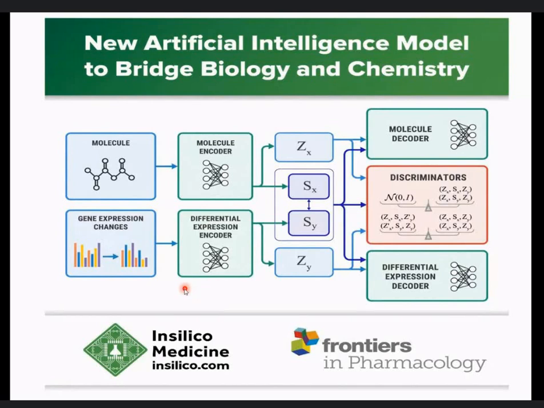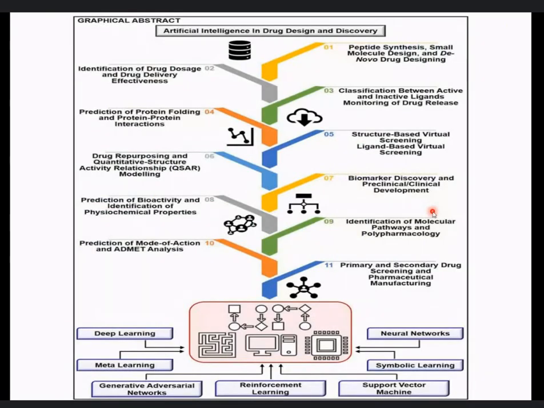this machine learning data analysis, this is the molecular encoder, differential expression encoder, gene expression changes. So if you have the data, a large set of data, then you can find out which data you have for particular things to solve, particular problems to solve. And that's how artificial intelligence and machine learning is helping chemists and biologists work together. And these are a few things that